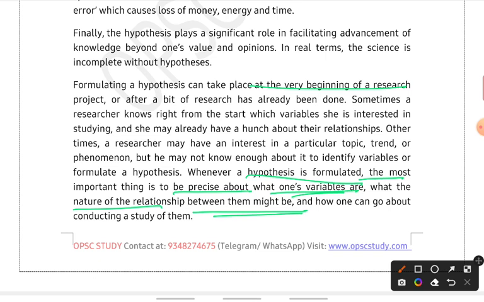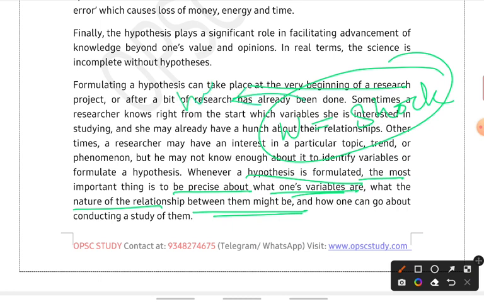So what is happening is you have made an observation that if it's wet, then you will get a shock. So based on the observation, you have built a hypothesis, right? So next time, whenever any person goes with wet hands, you will try to stop that person, right? So this is the source of it. And then personal experiences are also there. Social change also plays a major role as a source for hypothesis. But all this can be wrong also, right?